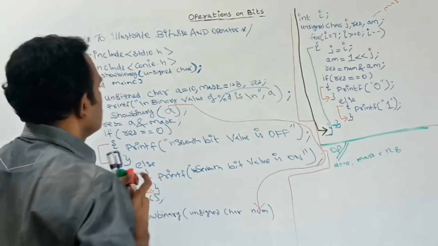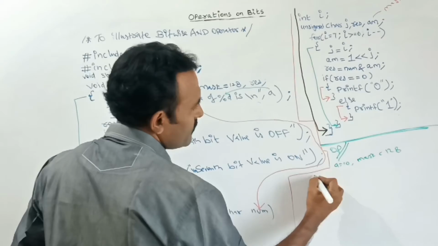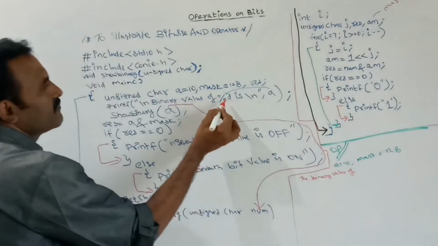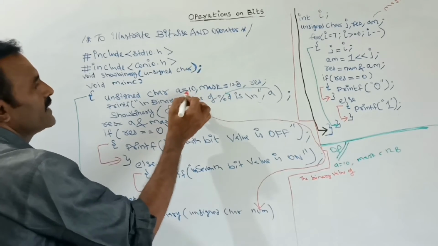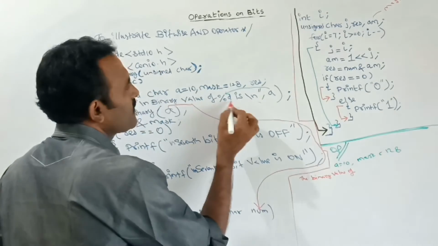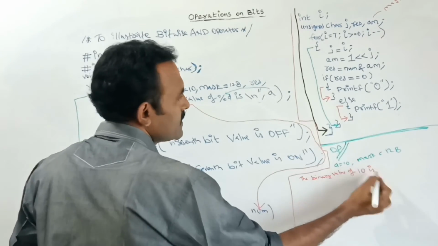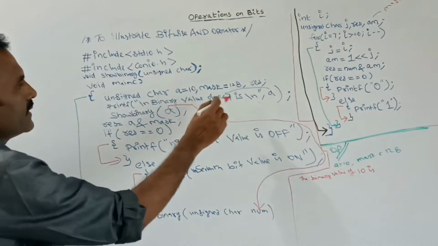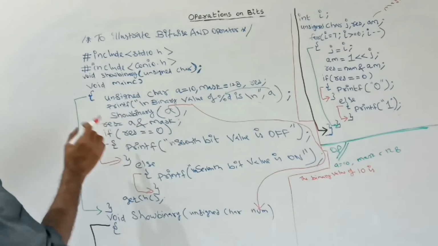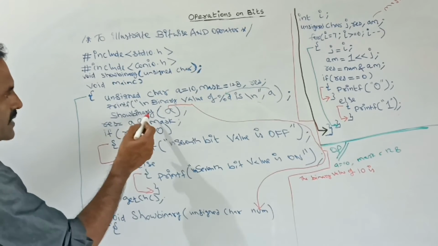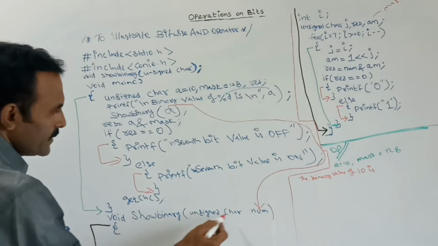Here the binary value of what is the a value, that is decimal value, a is 10. So here instead of this percentage d, the value of a will be printed. 10 is, this message will be printed. Next in this step here I am passing this a to the so binary user defined function. This is the so binary user defined function.